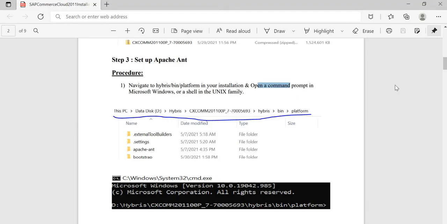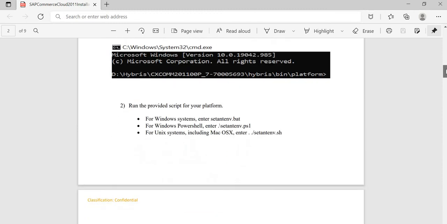Now the next step is we need to run the proper command for setting the Ant environment. So for Windows, we need to enter this command, that is setantenv.bat. For Windows PowerShell, we need to use this command, and for Unix systems, we need to use this command. So as I am using a Windows system, I am using this command